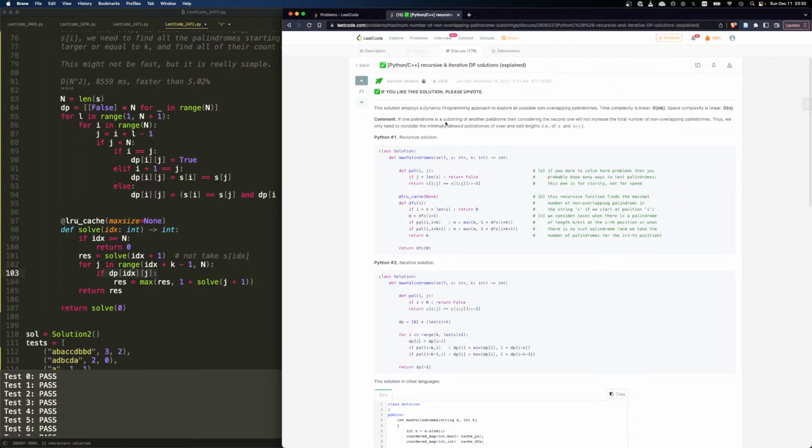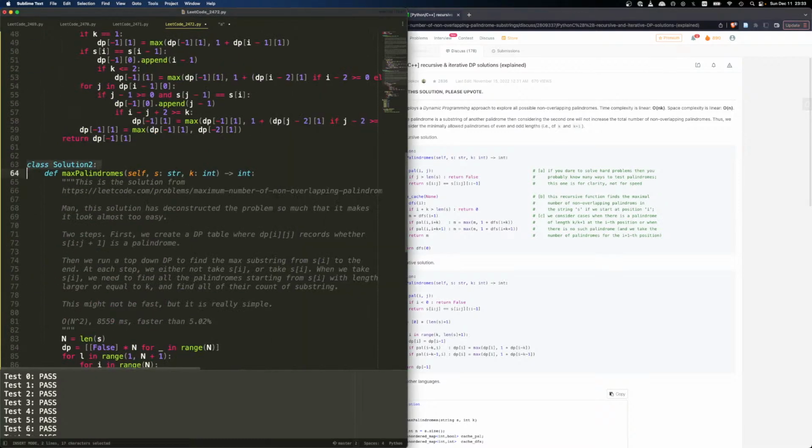But it still doesn't explain why we just search for k and k plus 1. Because it has to be k or k plus 1, right? What we're saying is if we have a k or k plus 1, and if we have a bigger one, then we don't have to check the bigger one, because the bigger one will definitely not perform as well as the smaller one. Because if that is a palindrome, then it will be covered. If otherwise, well,